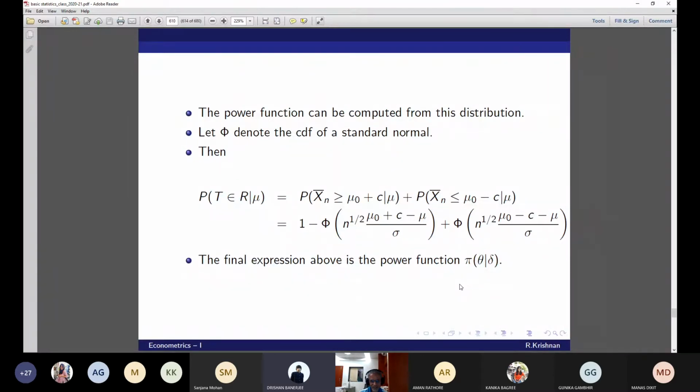Okay, I got it. This phi is nothing but the upper limit of the CDF, isn't it? Normally the CDF is defined this way, from minus infinity to an upper limit. So 1 minus phi is nothing but the way we define the probability of x greater than or equal to x, which is 1 minus the other way around, the probability that it is less than x. Am I right? Yes, sir. And what is the second one? The second one is the standard normal one, right? Yes. So the final expression of the second equality is called the power function of the test procedure. You just take this down.